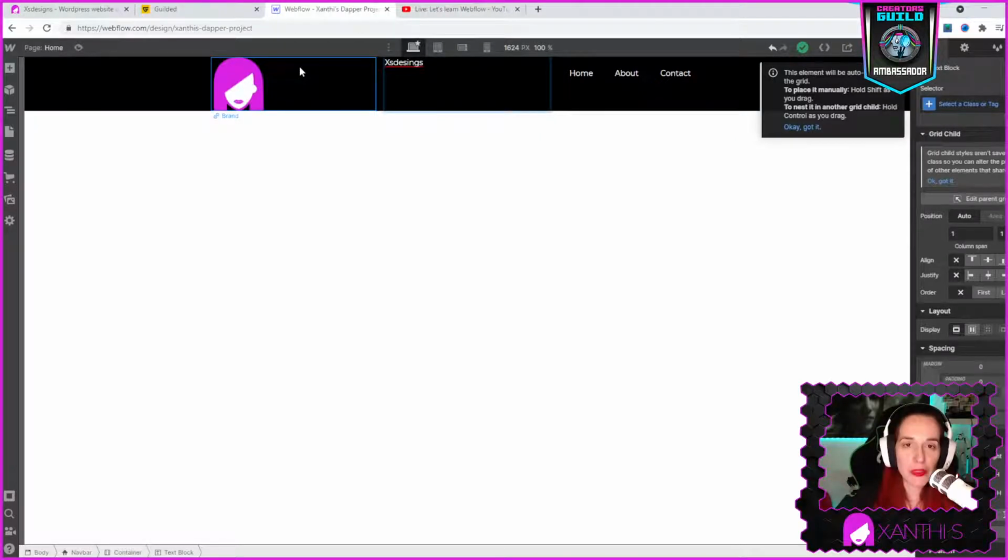So, okay, let's go back. How now? I would like to manually do that. Okay, now I don't want to manually place it here. I want to change the dimensions now on this one. So if I click on that, grid child styles are unsafe to the class, so you can either, okay, no. Will it work also if I press shift? Doesn't seem like I am able to do what I want to do. You know what I'm trying to do, right? So it must be something that is locked.